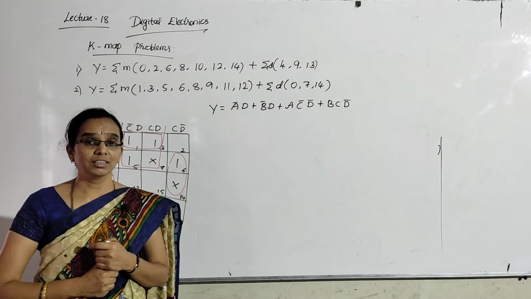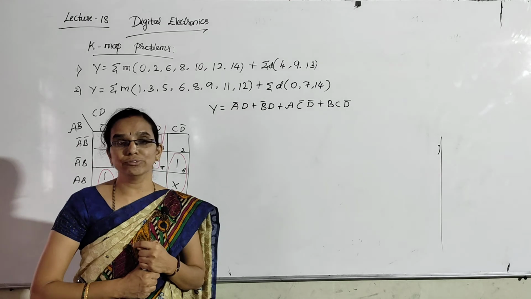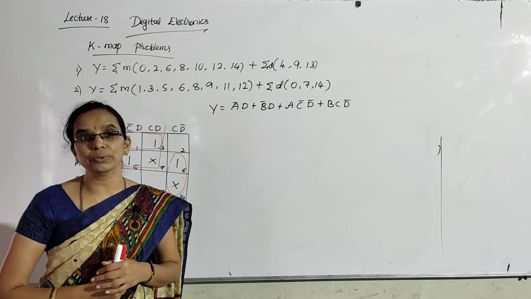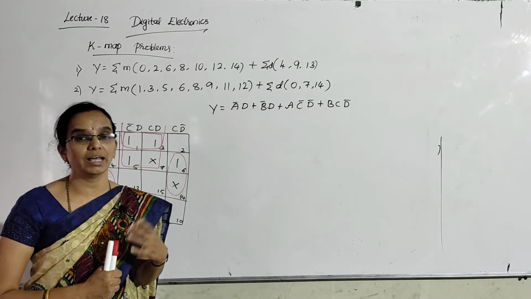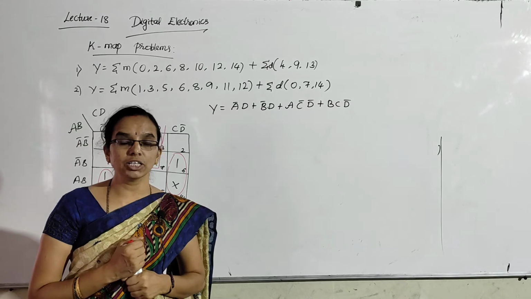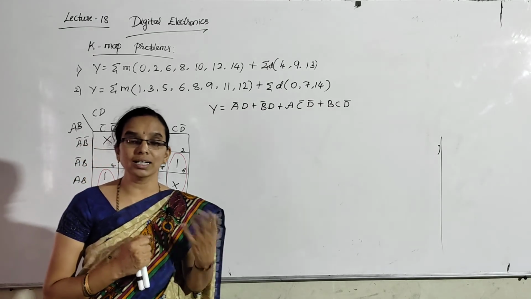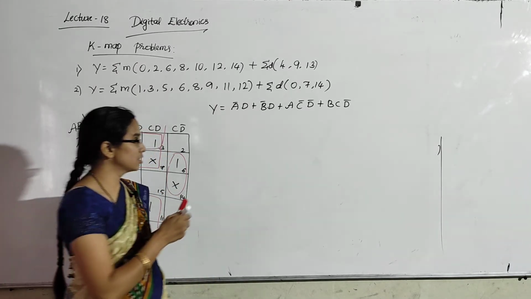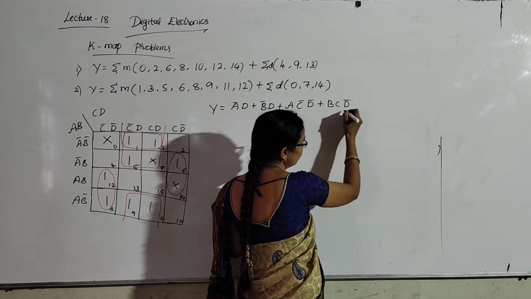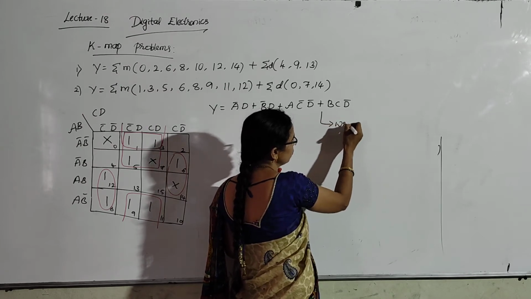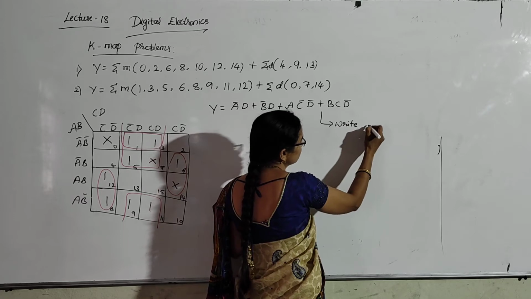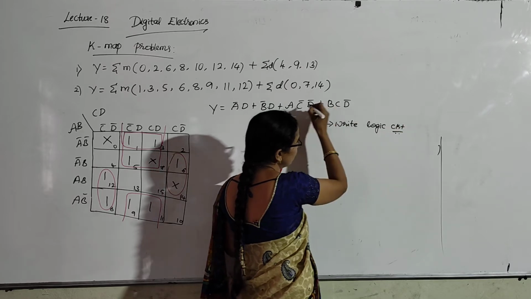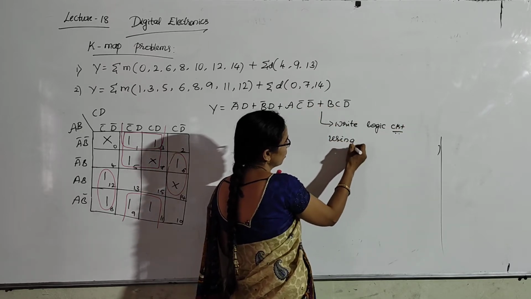I don't think they'll ask for a NAND gate circuit for this. If they ask for the circuit, you can write a basic gate circuit. If they ask only to write the logic circuit, use basic gates and write the logic circuit. I know this is your sub assignment, you have to write. This is the only assignment for today. Write the logic circuit for this expression using basic gates.